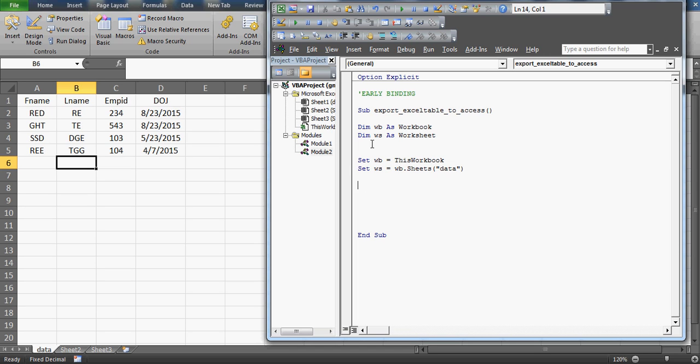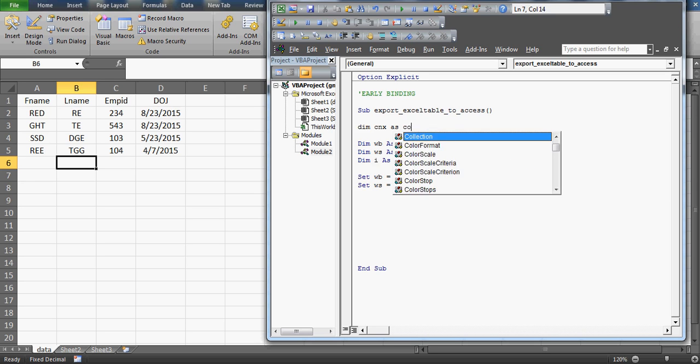Now I think we are through with this. Now what else is required? Maybe we'll use a loop, and we declare this as integer, and I say that that's fine. So we'll run a loop in this Excel, and one by one we'll try to insert these records into the Access. Now I have to tell you one thing. We also need to set up the connection with the MS Access. So what you need to do is, over here you need to set up the connection. So I'm declaring this as